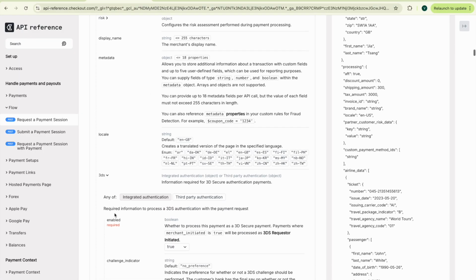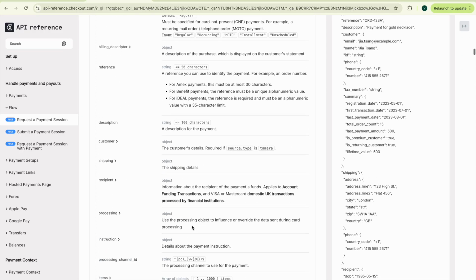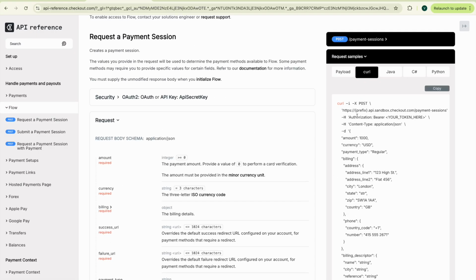And I would like the payment to be a 3DS implementation, so I will pass the 3DS node and enable true over here. So as you can see in this curl, in the payment session API we have to pass